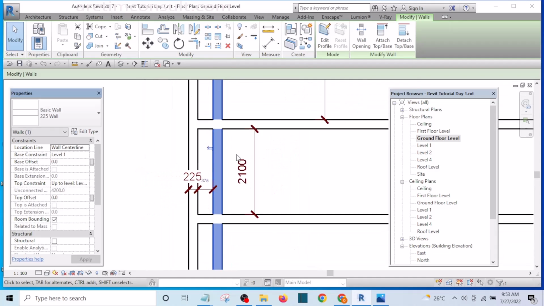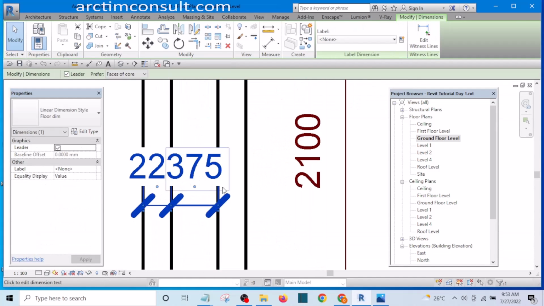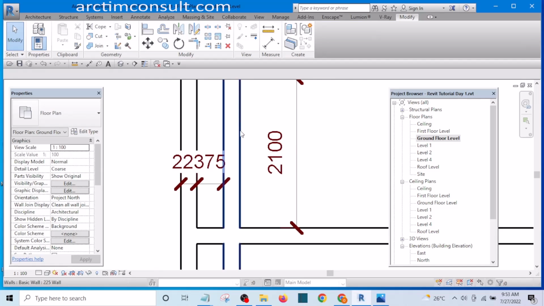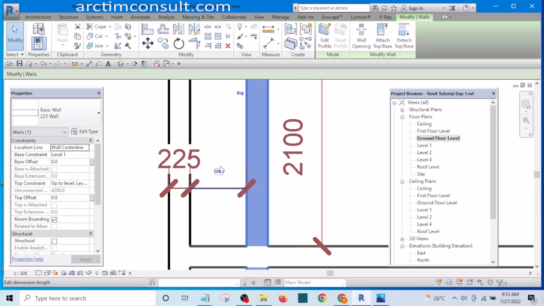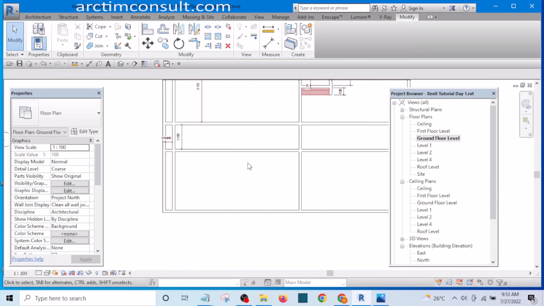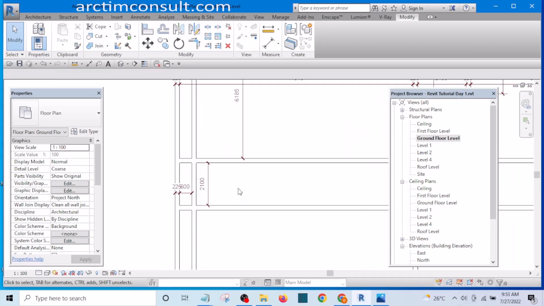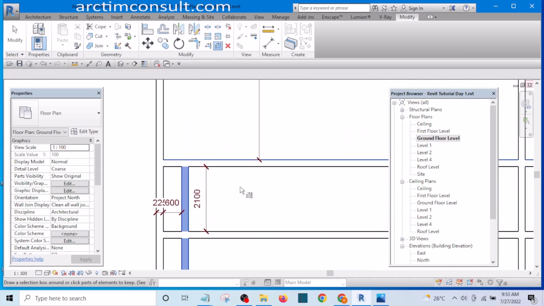The in to in is 600 mm, so I'm going to select this wall and click on the dimension, then change it to 600 mm, and here we go. Okay, that is where we have our entrance steps,